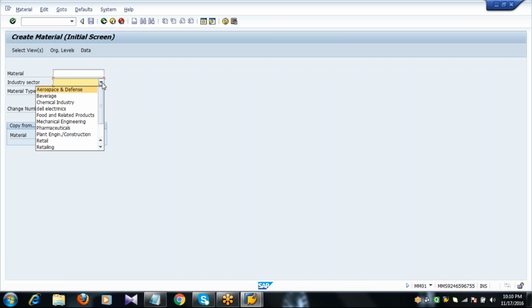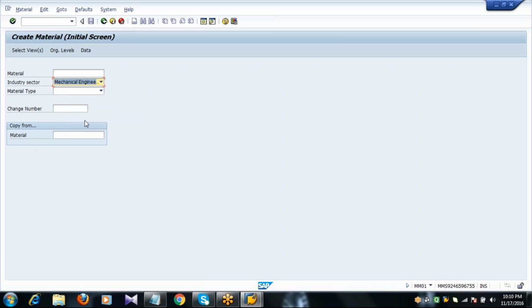Next, industry sector, for example, mechanical engineering. And here, material type. Now here you find the material types you created. I want to create a material master with material type raw material. So here I need to select my raw material.